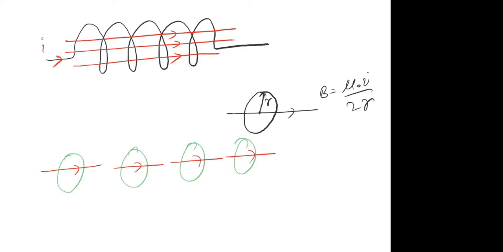Let's say I pass a current like this. So current in this loop will be like this. Current in this loop will also be like this. Current in this loop will also be like this. It means every turn has the same direction of current. And because each turn has the same direction of current, the magnetic field will also be the same for each turn, right? The magnetic field will be the same in magnitude as well as direction for each individual turn. And if you add all these magnetic fields, you will get the net magnetic field, right? And that net magnetic field will be constant throughout the solenoid because the individual magnetic fields are constant. Hence, the net magnetic field will also be constant.